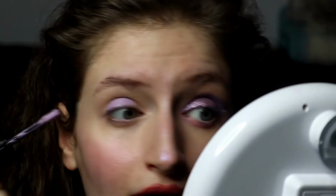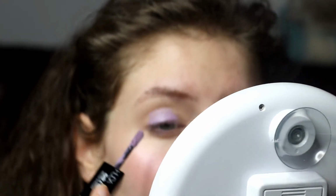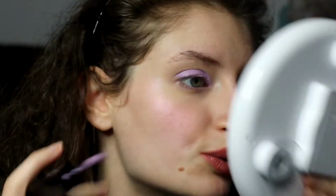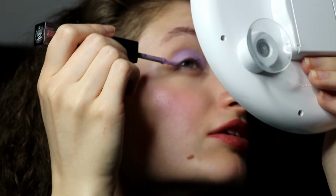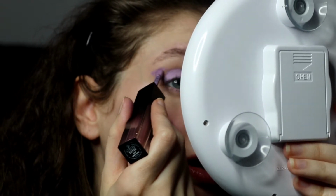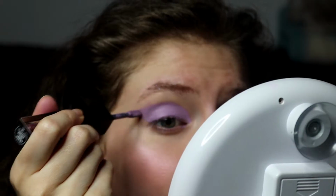I'm going to do an eyeliner like I did in this eye. Paint all the lid like I'm doing. It's really important. And then we're going to just do like this. And now just pull it nicely. A perfect eyeliner,